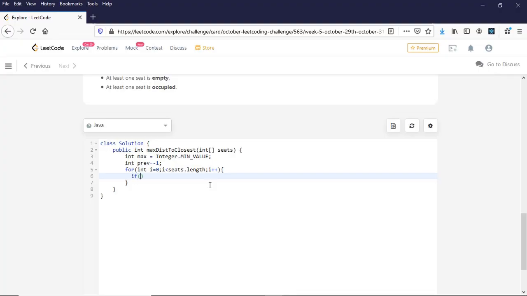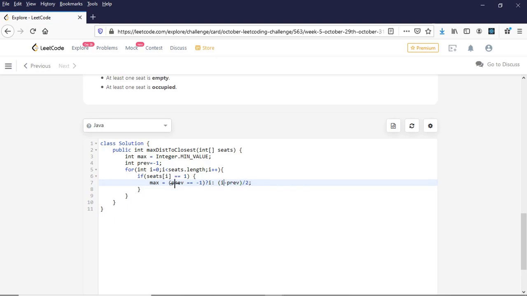So here I will check if seats of i equal to 1. First I will check if my previous equal to minus 1, that means it is not assigned yet. In that case my max will be whatever is my current i value till that point. So if this equals minus 1 then max is i, else my max will be my current i minus my previous p value, divided by 2.